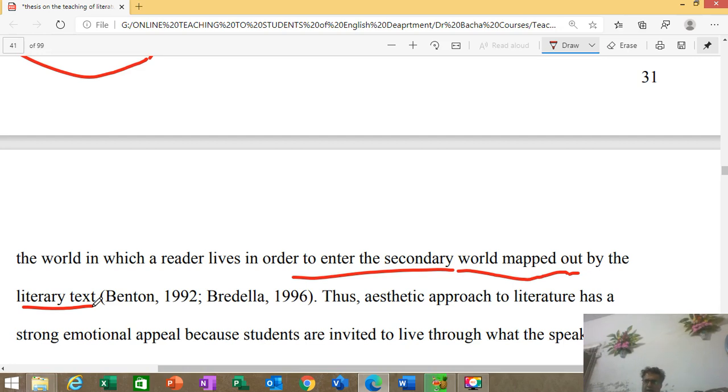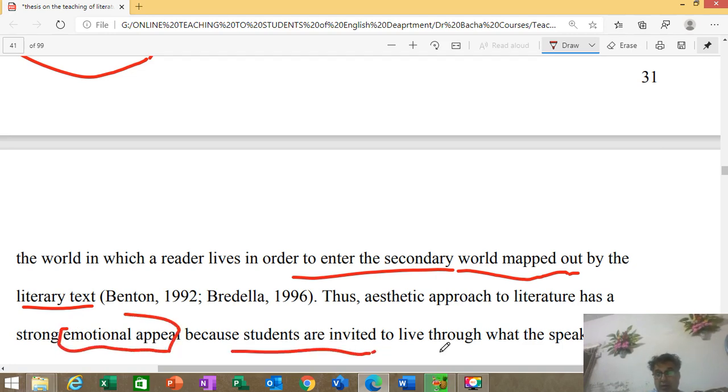Like for example, as you see with Shelley, when he writes of the nightingale, he experiences the same thing. The singing of the nightingale takes him away from this moral and physical, real world, and he feels a kind of transitory relief and pleasure. This kind of reading gives him pleasure. So the aesthetic approach to literature has a strong emotional appeal, remember,